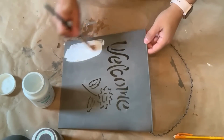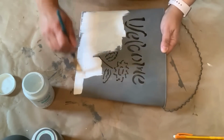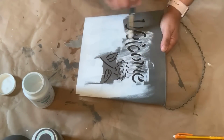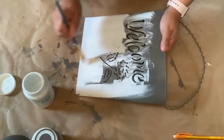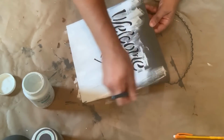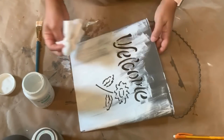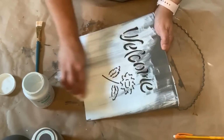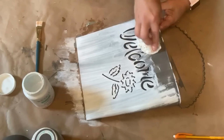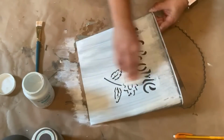So here, once I have that on, I'm gonna take some of my Waverly chalk paint in white, and I am going to start to apply that. I did wait for the gray paint to dry, and then I just did a really light coat of the white. And this was kind of like trial and error. I wasn't sure exactly what I was looking for here, but I started applying it heavier and then got much lighter with it. And then I decided to go in with a damp paper towel and just kind of rub that white into the gray so you see the gray underneath, and it gave like a really pretty nice worn effect to it,